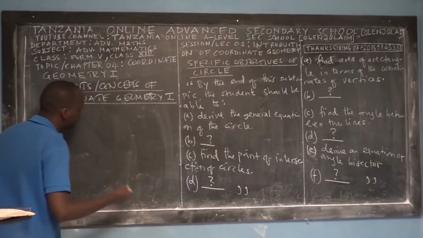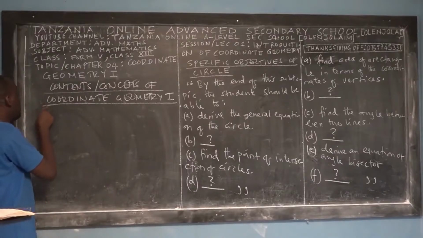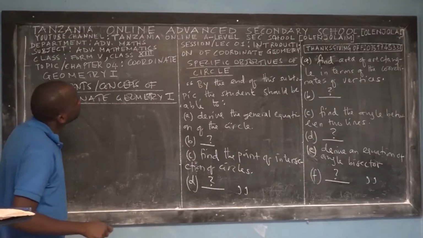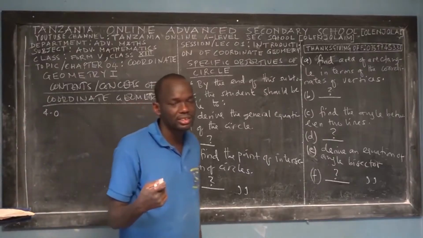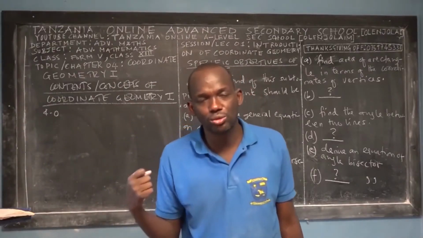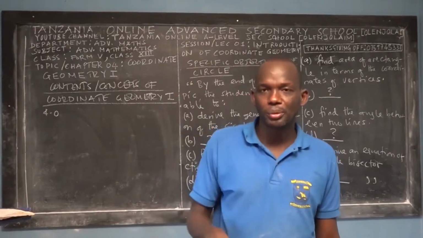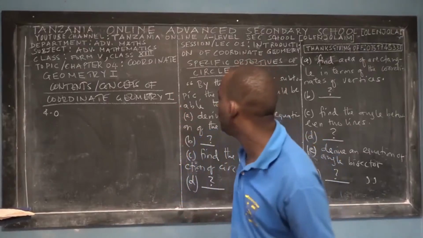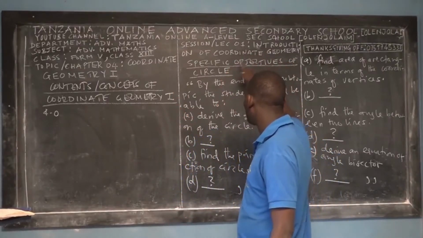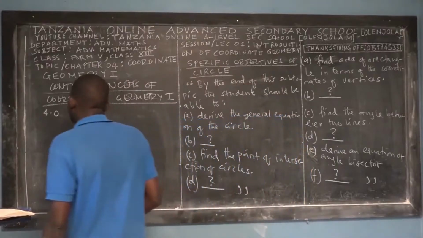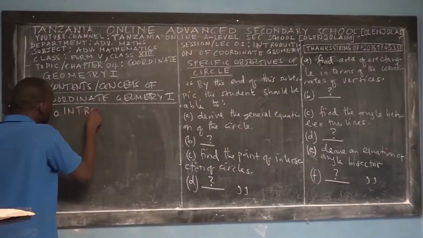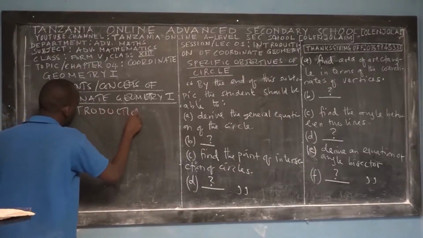So there are many concepts that I've prepared, but I'll be mentioning them in terms of four points, because this is the first chapter in the sequence of topics for Form 5 that has to be covered. In case you want to know the total number of topics to be covered during Form 5, make sure you look at section 00, the general introduction of advanced mathematics. So the first concept that I want to teach my student is the general introduction